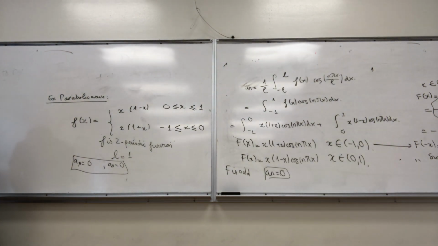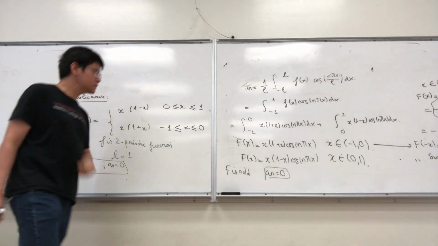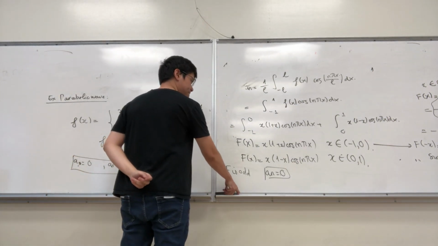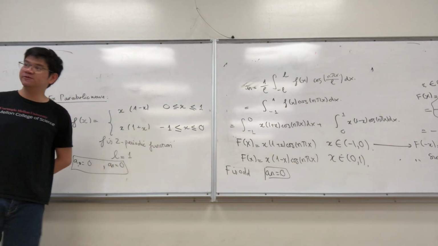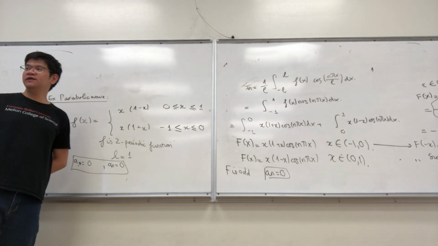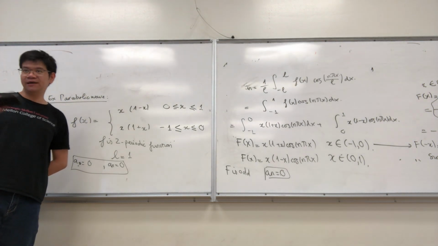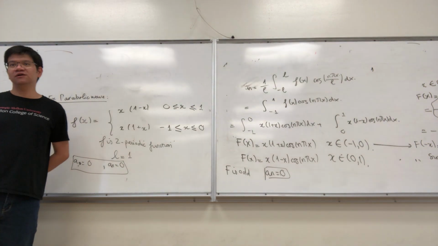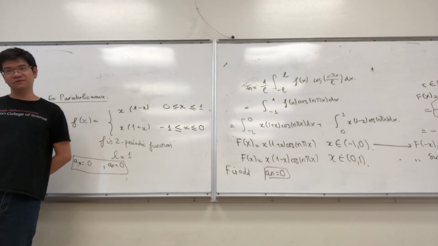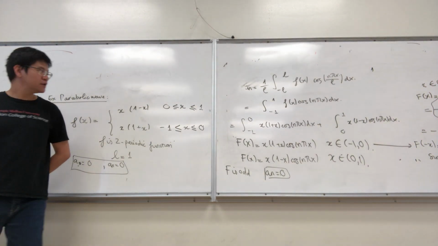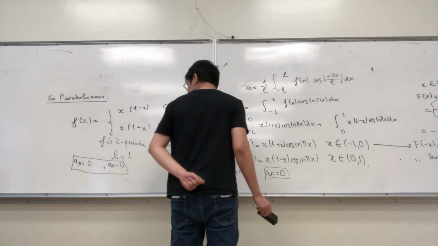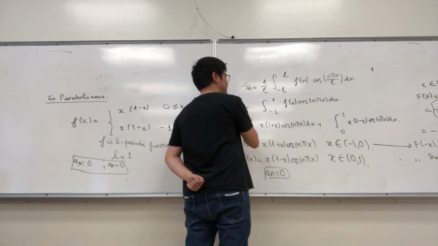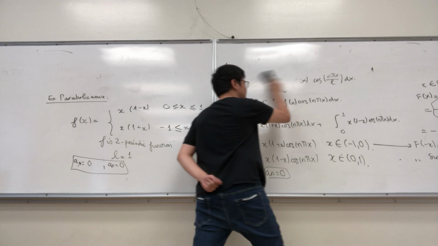Now, let us try to compute bn. Any questions on even and odd functions? This is the key, right? So if you know that this is even and if it is not, you reduce half of the work. So now let us try to compute bn, right? So for bn,